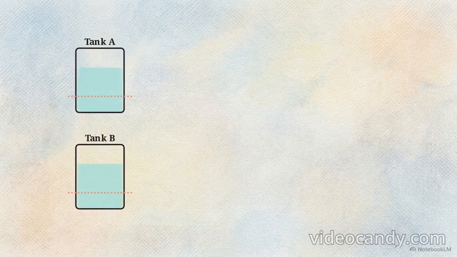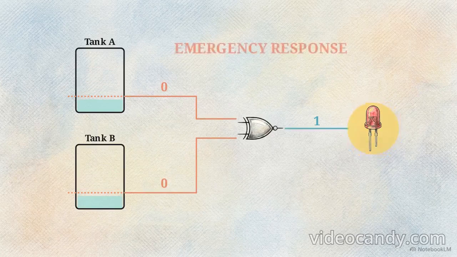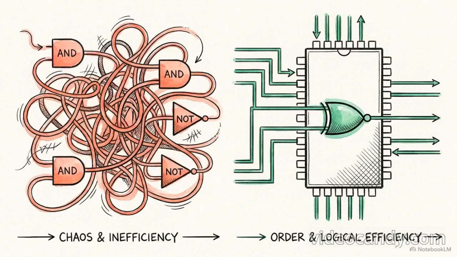A safety system is tracking two massive liquid tanks, ensuring that both maintain a volume exactly at or above a 25% threshold. We wire the tank sensors into a single EX-NOR gate. If both tanks are safely above the threshold, the gate receives two high inputs and outputs a high, keeping the safety indicator active. If both tanks suddenly drain below 25%, the inputs both drop to low. Because the inputs match, the gate still outputs a high, triggering an emergency response. Instead of wiring multiple AND and NOT gates to evaluate this condition, the EX-NOR provides a highly efficient single-chip hardware solution